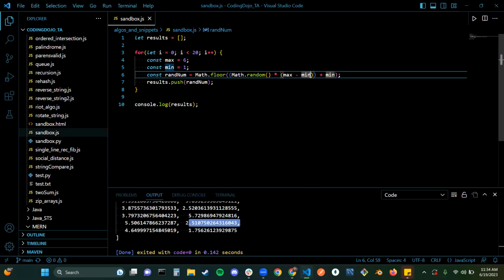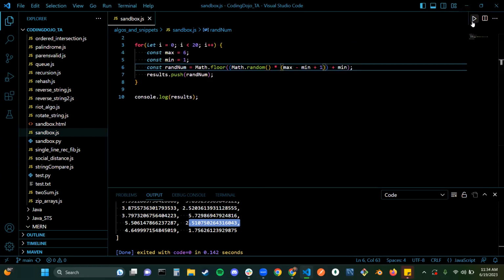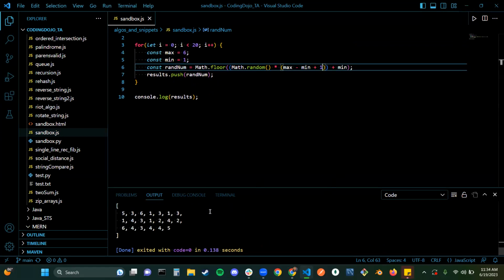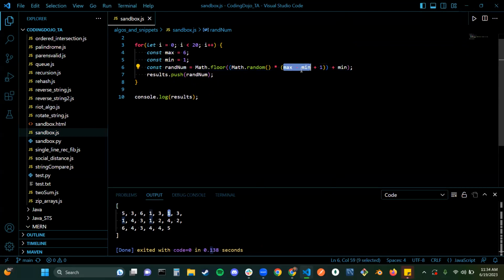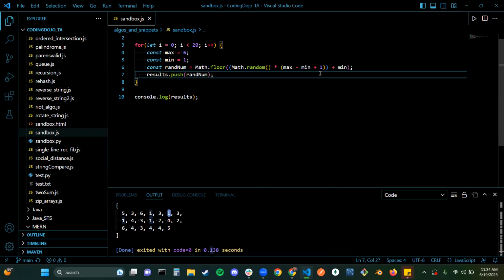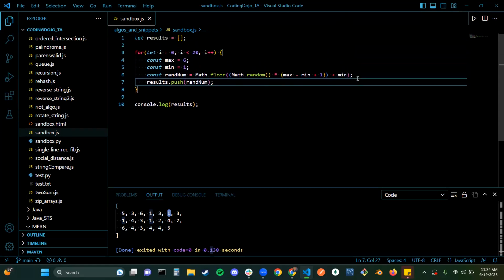So then if you say +1, that's how you get the ranges with 1, because this is now 5 +1, so it's 6 but floored. So this is going to give you a number between 0 and 5.99, pulled down to 0 to 5, and then raised by your min, which is that 1, which is why you're going to get that. So understanding how this is working in chunks, and working it up like that